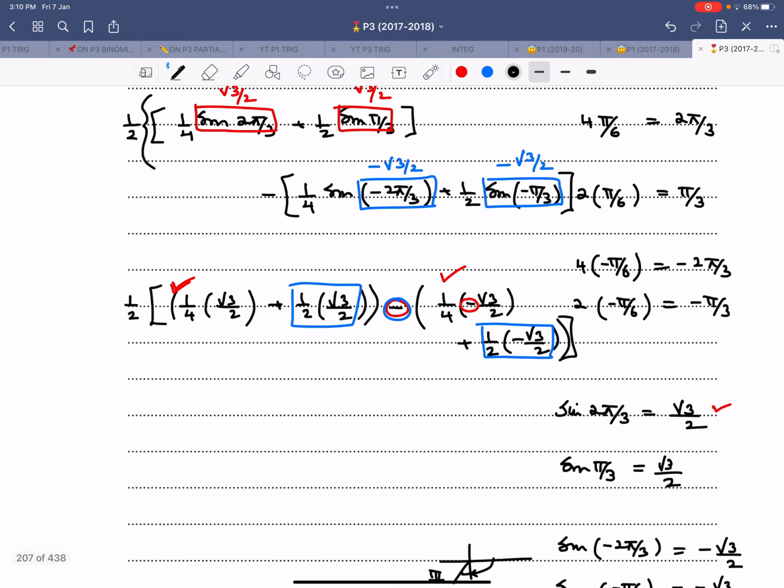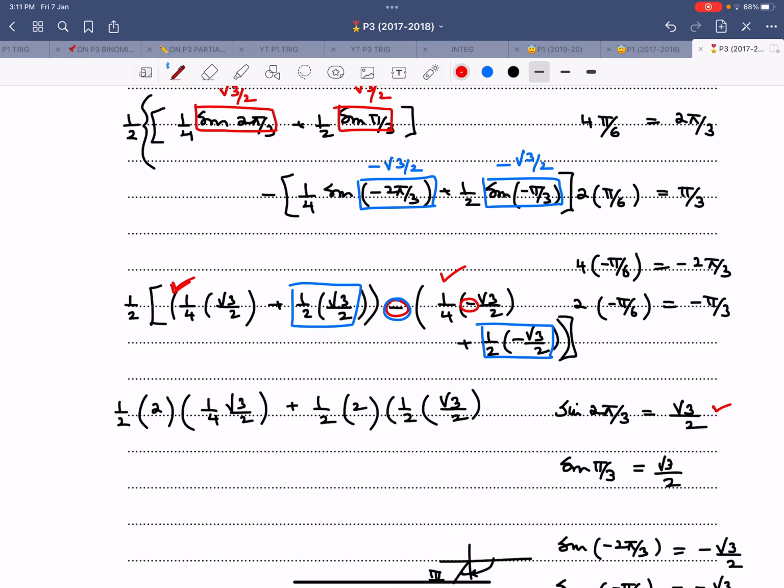So basically, there is a half on the outside. There are two terms of 1/4 root 3 over 2. Do you get the idea? Instead of adding it twice, I'm just multiplying by 2, but there is a half on the outside. And similarly, there is a half on the outside, and there is half. There are two terms. Let me write the 2 first, and then half, and this is root 3 over 2.